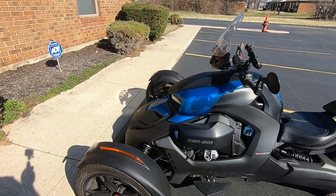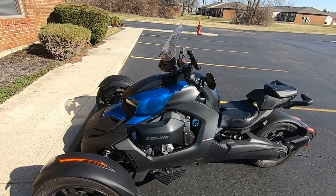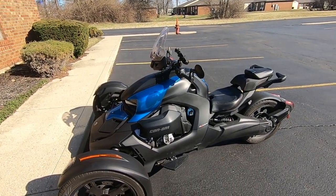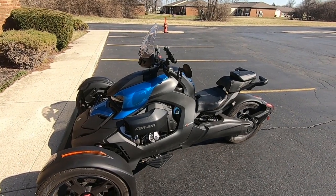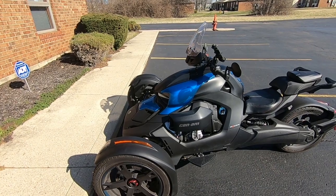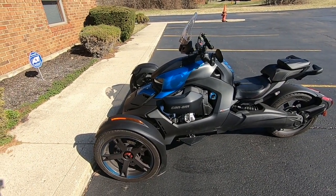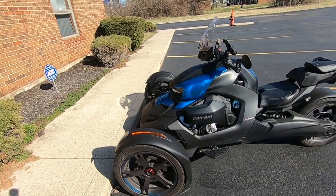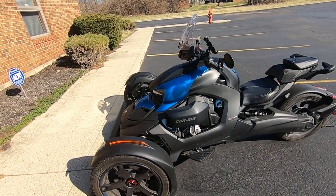So the good: it's a fun vehicle to ride, okay? It's a conversation starter. It is just kind of a kitschy, cool thing, okay? These kind of units allow more people to get out on the road and experience the bikes. Bikes in general is what I should say. Now I will say this though,